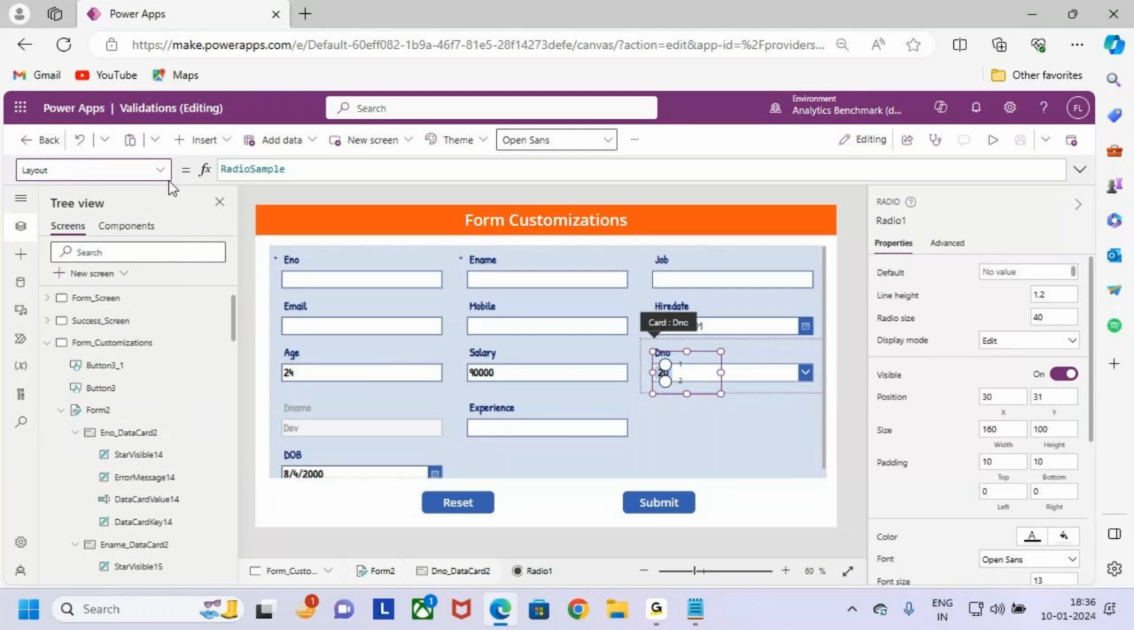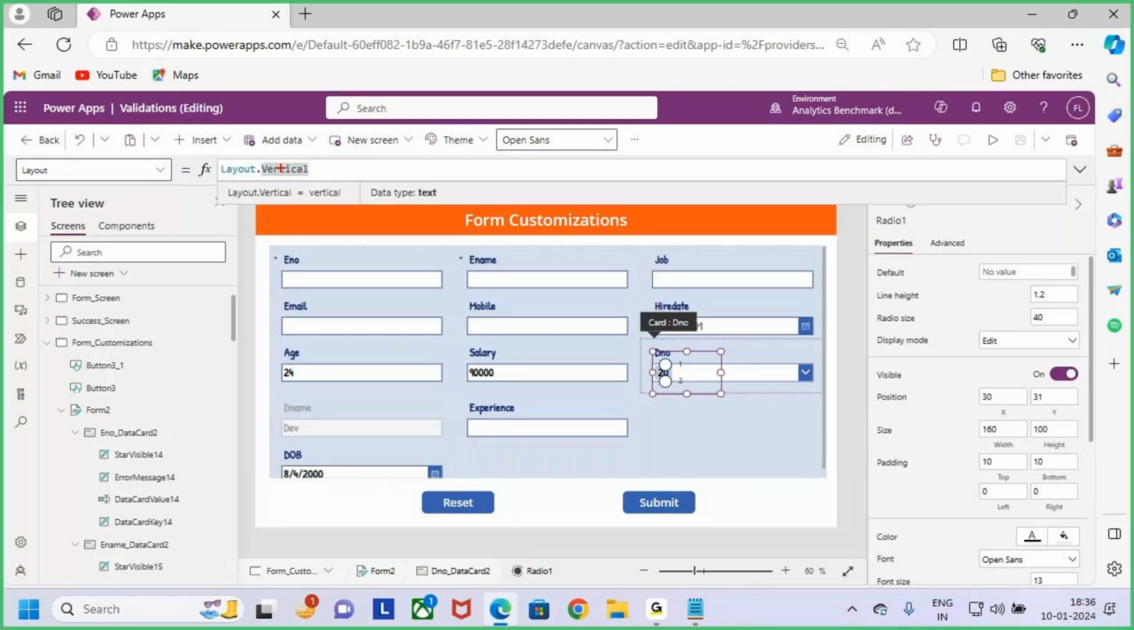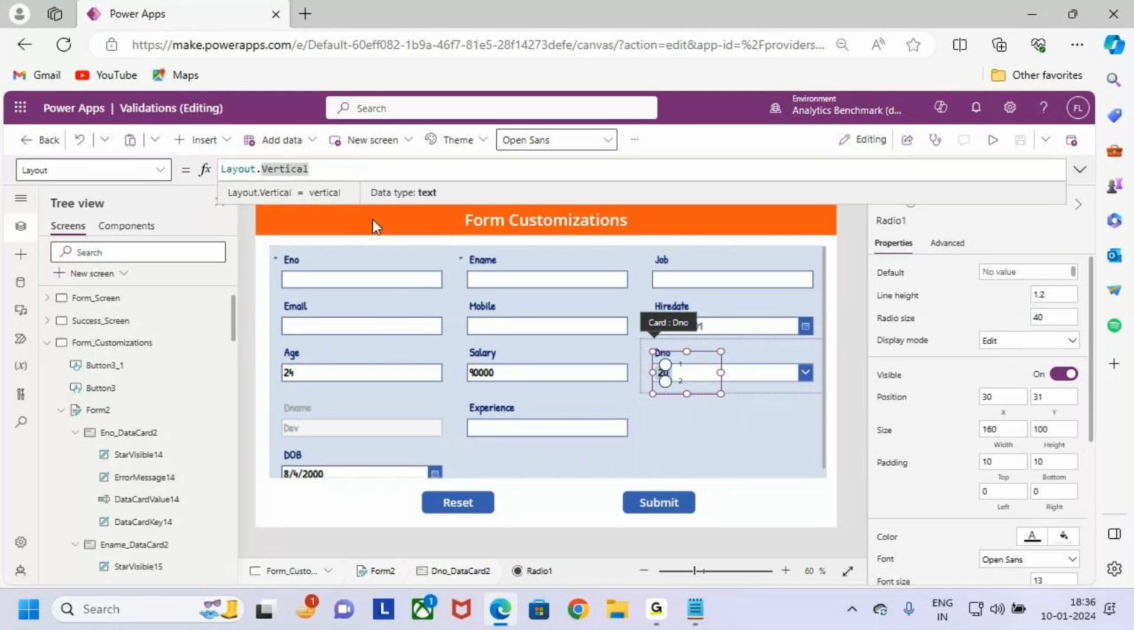Now see, by default the layout is in vertical mode. I want to make it horizontal mode. So just go and change the layout to horizontal. Now see, it automatically changes to horizontal. Now once after changing the layout,